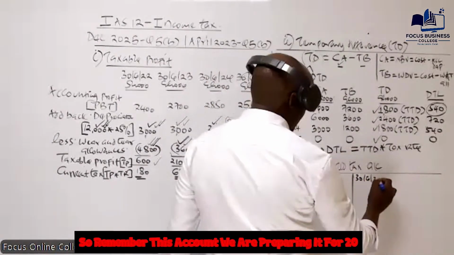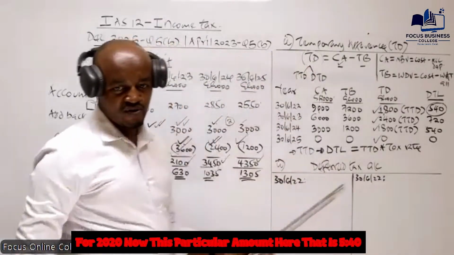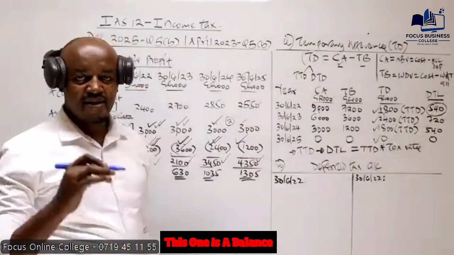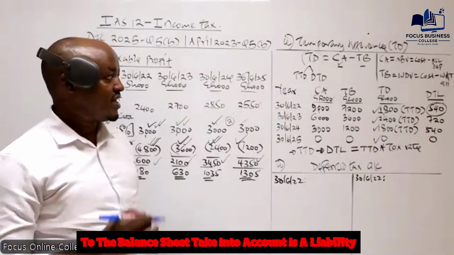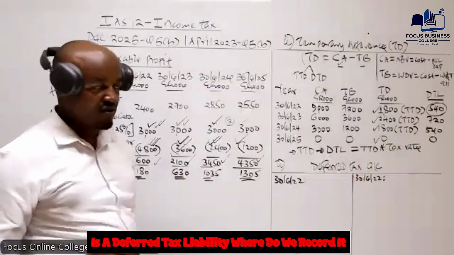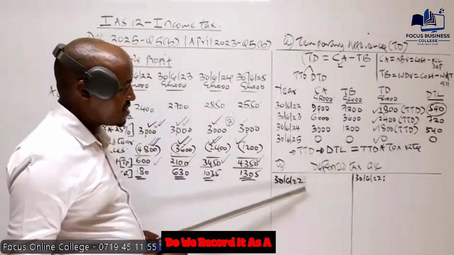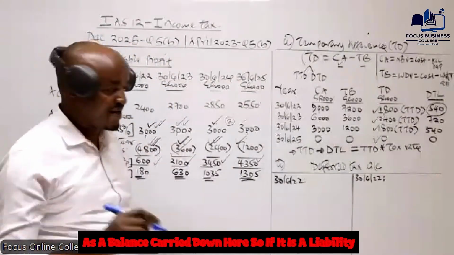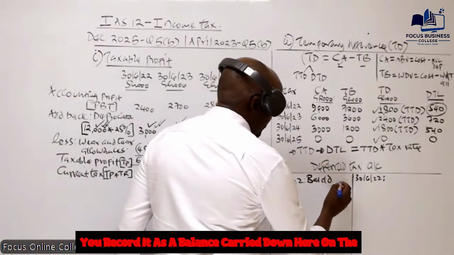Remember this account, we are preparing it for 2020. This particular amount, 540, is a balance carried down because this is what we take directly to the balance sheet. Take into account it is a deferred tax liability. Where do we record it? Do we record it as a balance carried down here? If it is a deferred tax liability, you record it as a balance carried down here